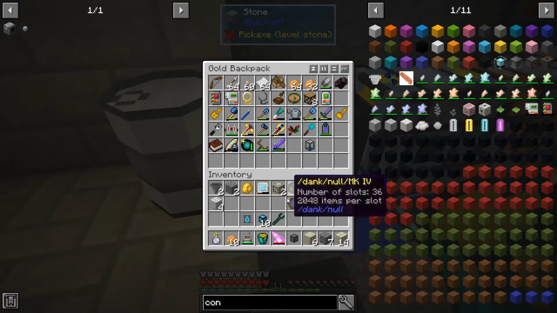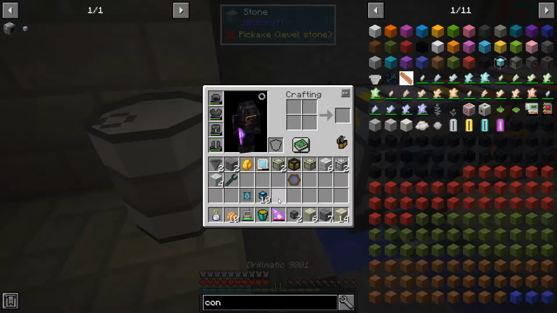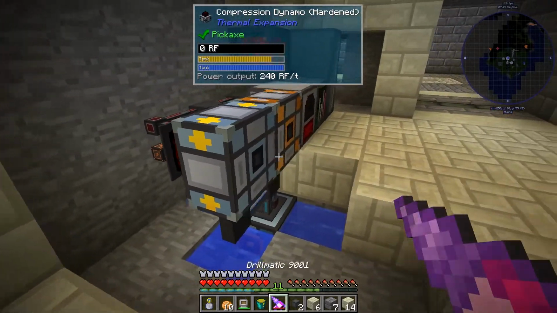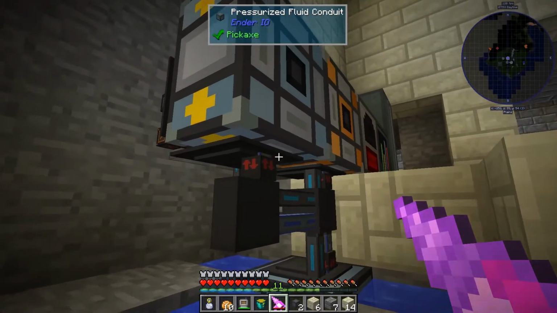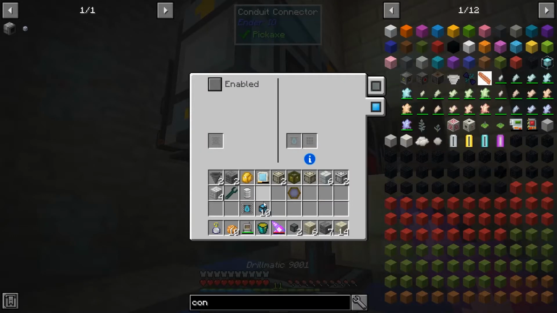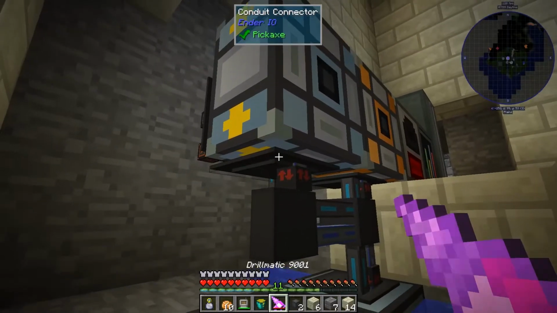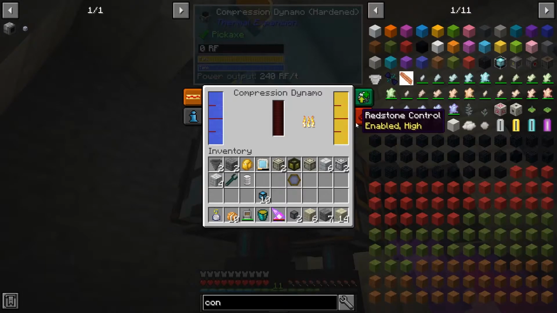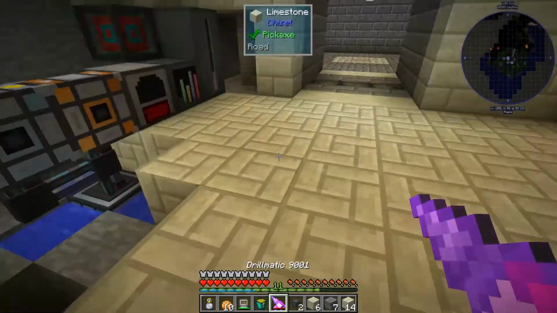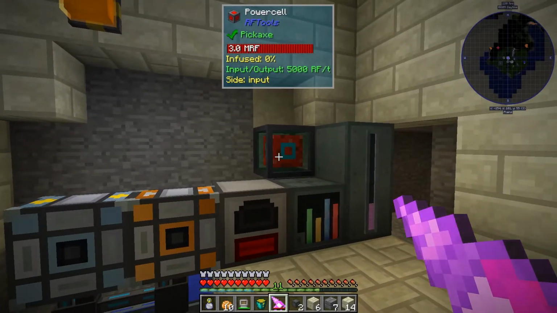So let me go ahead and get my Yeta wrench, and then we'll get the drill and break that guy. And now we will put your exporter back on. Yeah, I remember there being a bug where even if you tell it that it's not enabled, it still doesn't. So I really should report that to Ender IO. I keep meaning to do that. Okay,